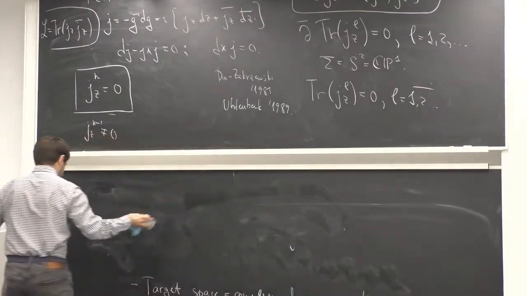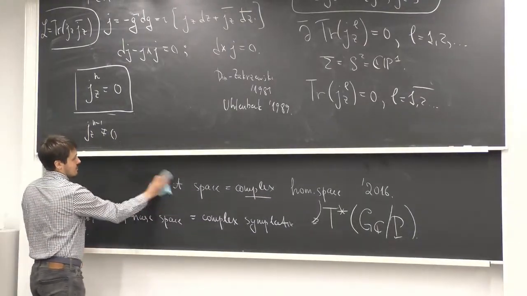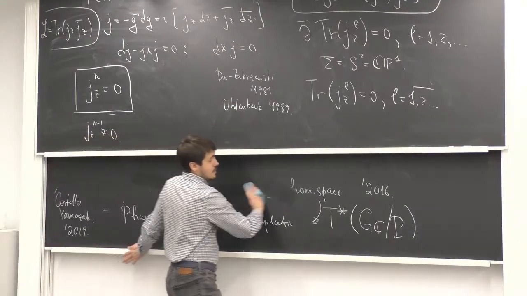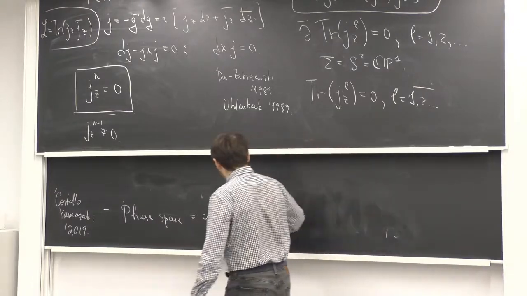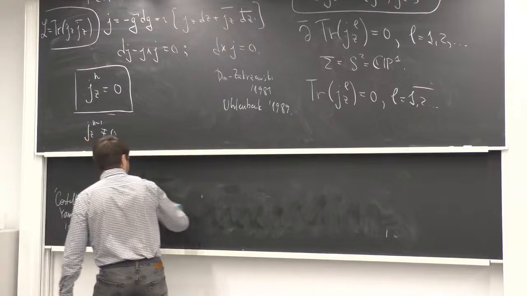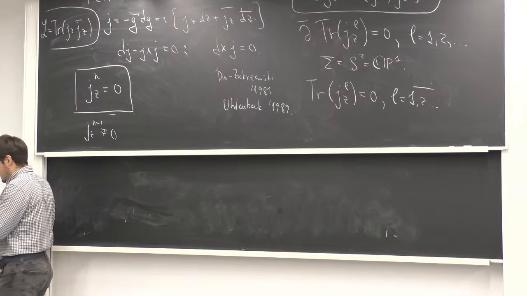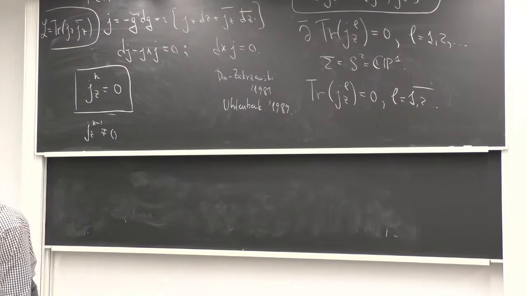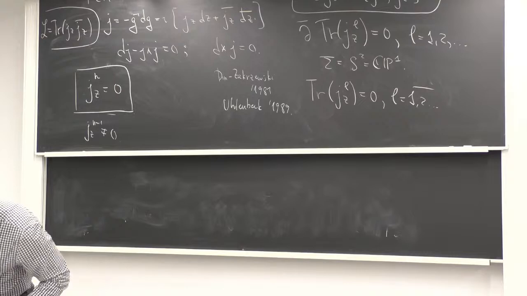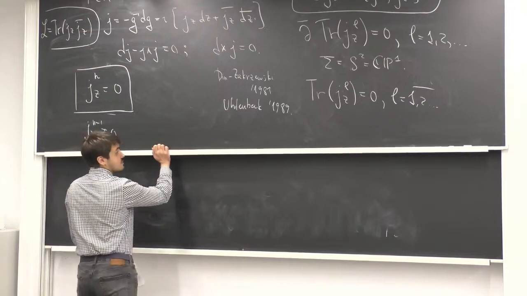Yeah, so this was just a general discussion to motivate why such theories might or should exist. And now I will write explicit Lagrangians for these theories, which make it much easier to understand how it comes about. Okay, so we'll start from the CPN model, which is the simplest flag manifold,